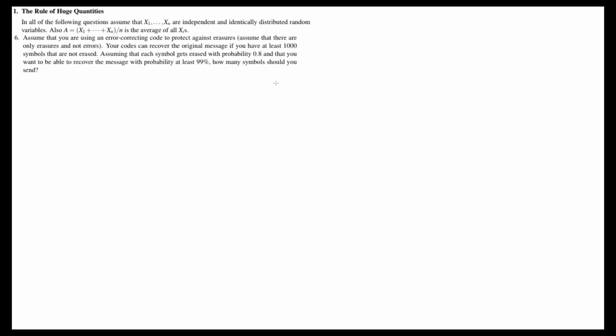0.8% of the time, or rather 80% of the time, our packets get dropped. So we want to send enough so that with 99% probability at least 1,000 will get across, right? So how do we go about solving this problem? Now let's say k is equal to 1,000. So we want 1,000 packets to get across, and let xi be the